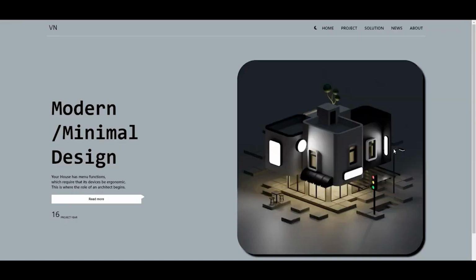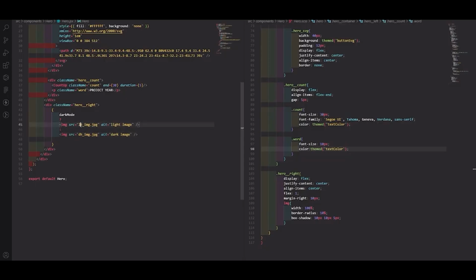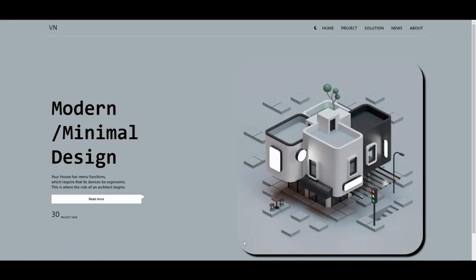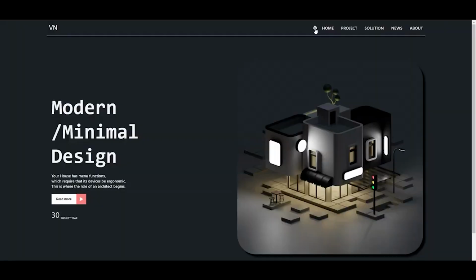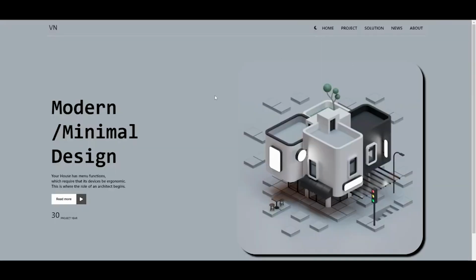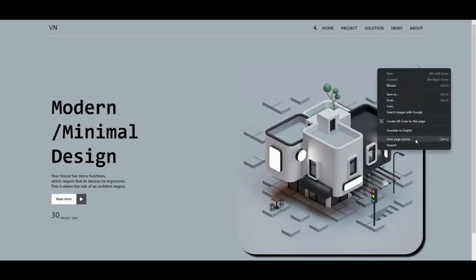Now go to the website again, this one, just change the functionality, just change this to dh and just change this to lh, and here also dark image and light image. Okay, now we are done with our website. If I click on this moon, it changes to dark mode, and when I click on this sun, it changes to light mode. If I inspect